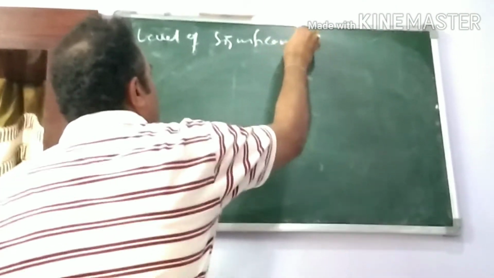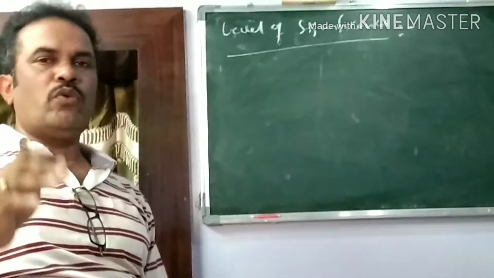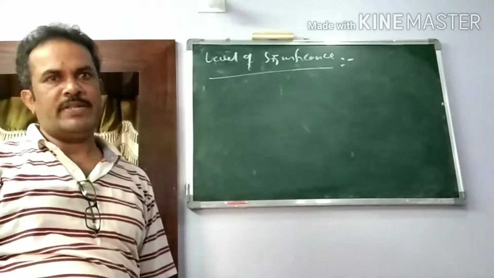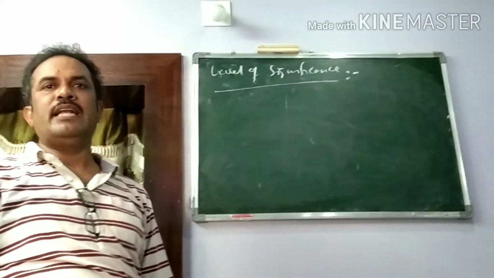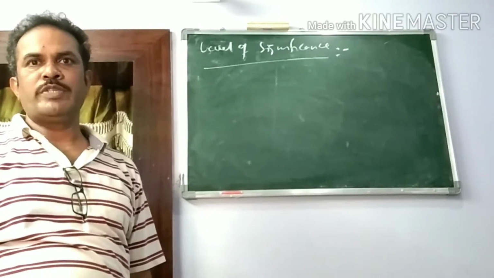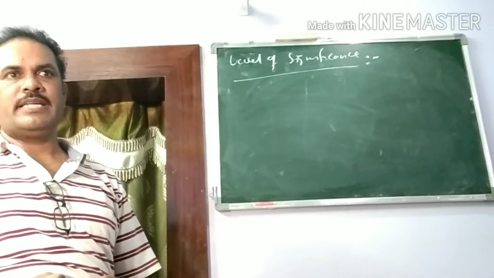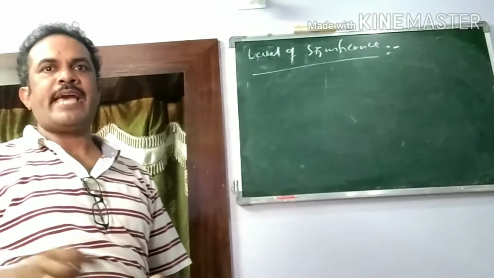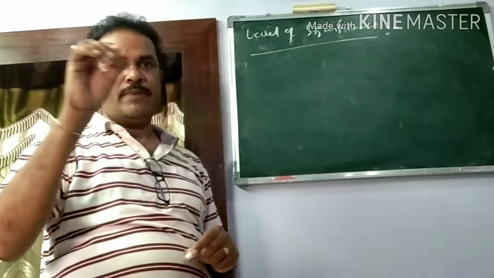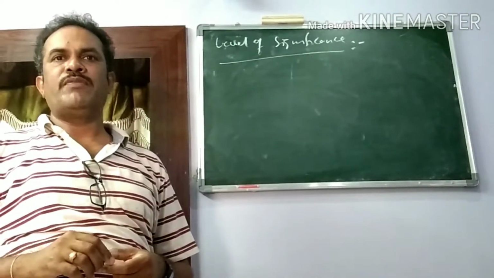Generally, we use the level of significance to reach a valid conclusion for the given statement of the problem. If you want to tell whether the statement is valid, we need the level of significance, to decide how much validity to adopt for that statement. We apply the level of significance to tell whether the statement is true or false, whether it will be accepted or rejected, and we give the conclusion like that. That's why the level of significance is very much required. Without it, you cannot give the conclusion for a particular statement.